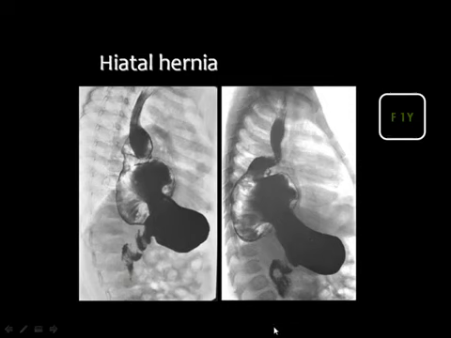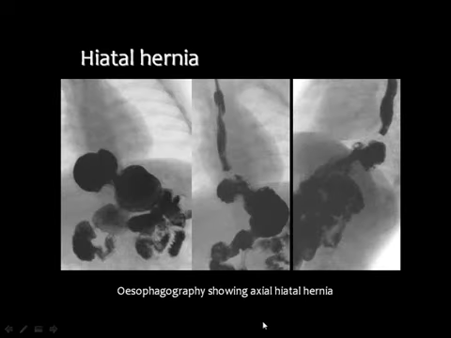Then the diagnosis of hiatus hernia is very simple. Whenever you see that the gastroesophageal junction as well as part of the stomach are seen herniating in the lower part of the thoracic cavity, as you can see in this case and also in this case. Here is the barium-filled esophagus, and part of the gastric fundus is seen well above the diaphragm in the chest,